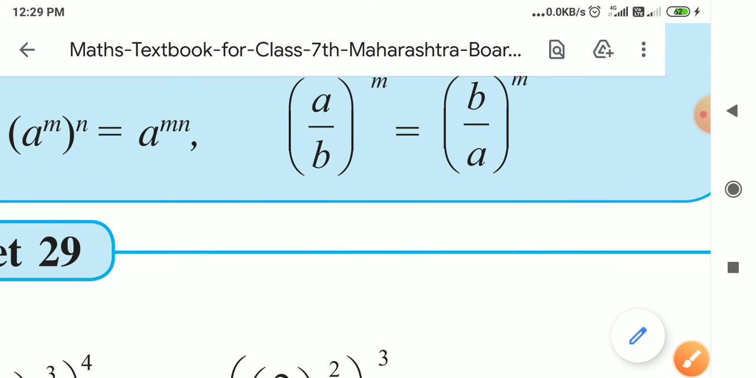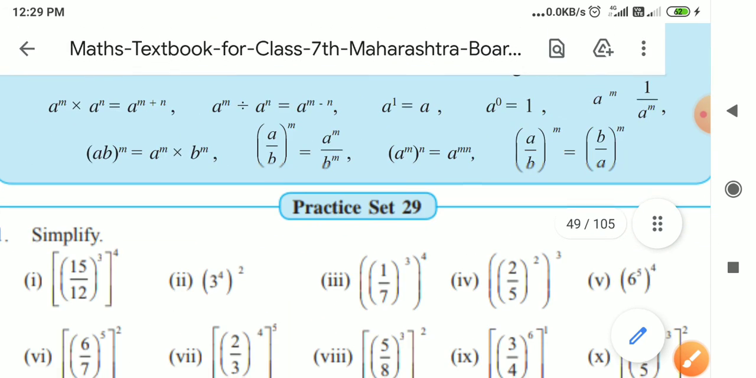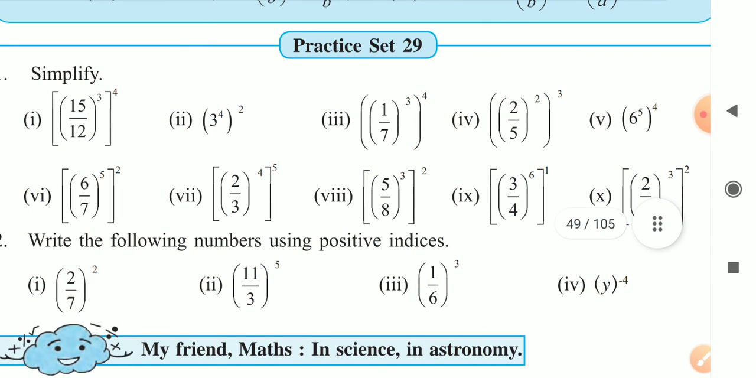In this way we studied the rules, and you have to follow the rules and complete practice set number